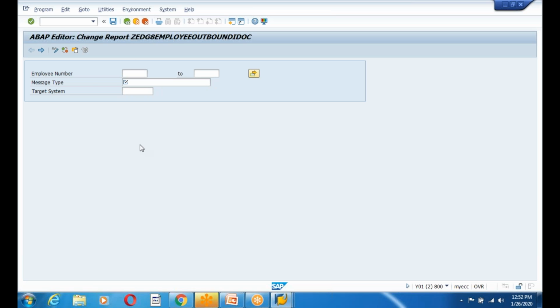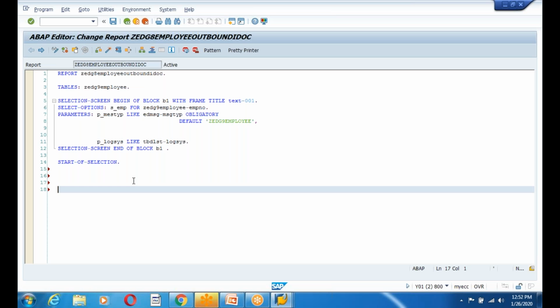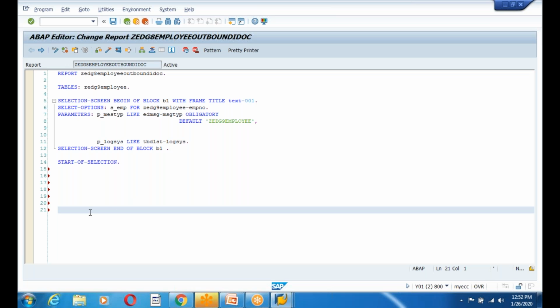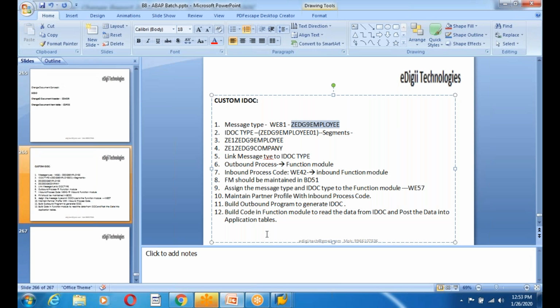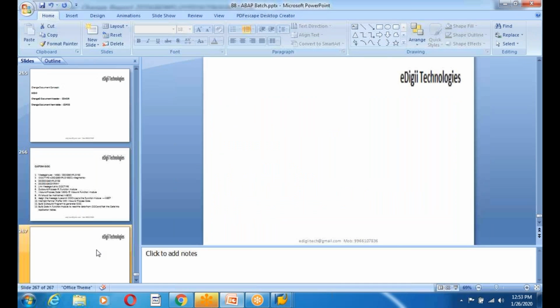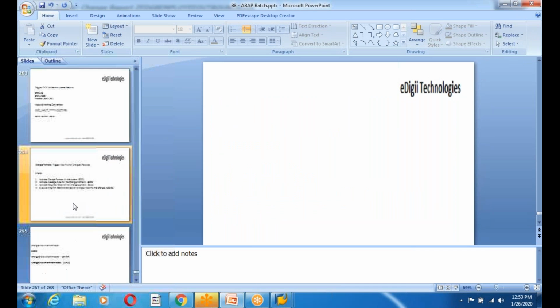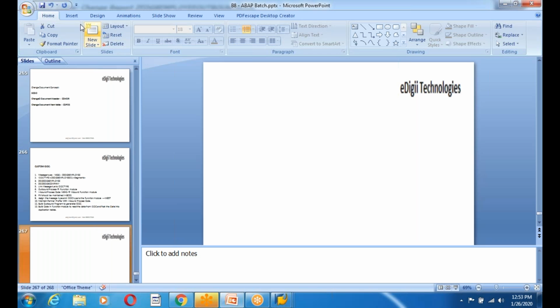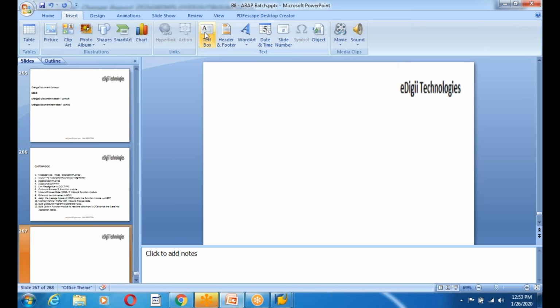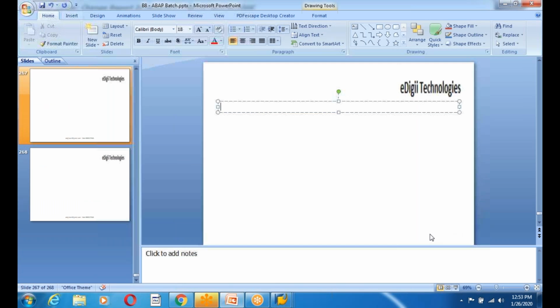Okay, back. Now we need to build the code, guys. The interesting part is here. So how can you generate an IDOC actually? So to generate an IDOC, generate outbound IDOC. What is the step? Maybe 13. To generate outbound IDOC,